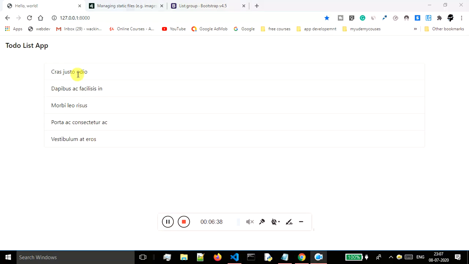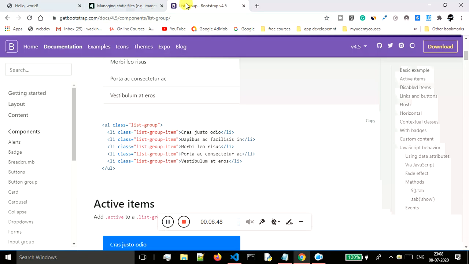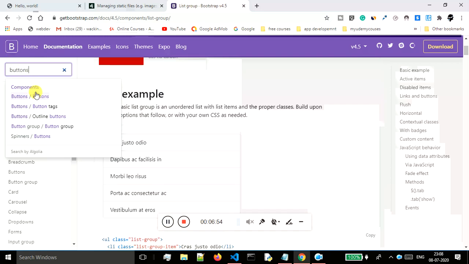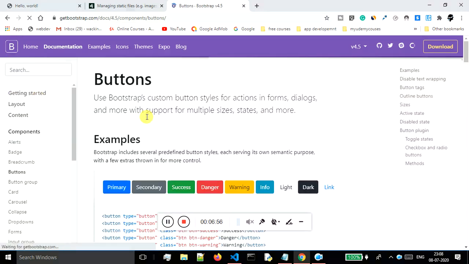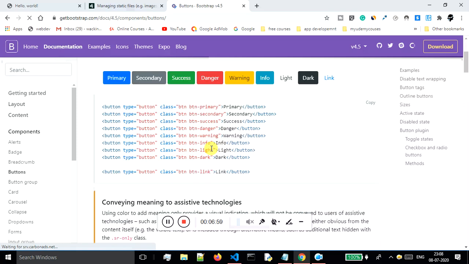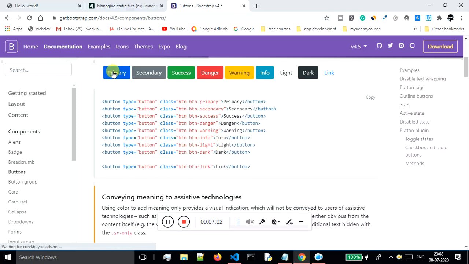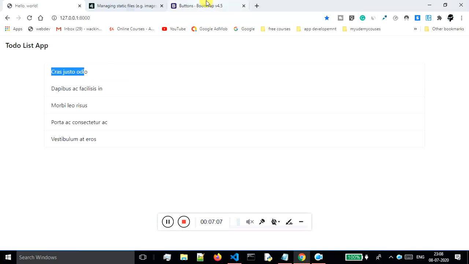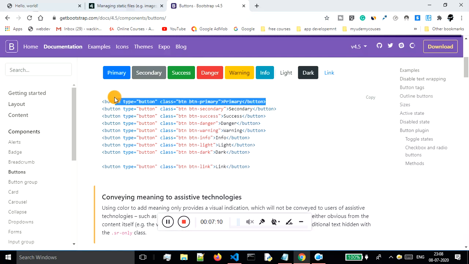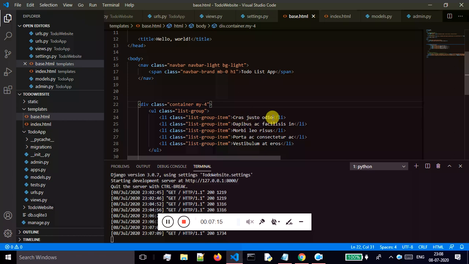And whenever I'll be writing something, that content will be coming over here, and in order to cancel this content, I will be in need of a cancel button. Okay, so now I will go here and search for buttons, and let's go to this one, and I want my button to be blue in color. Okay, so I will copy this code, and I want my button somewhere over here. So I'll copy this first code because I want only a blue color button, and I want that inside of my